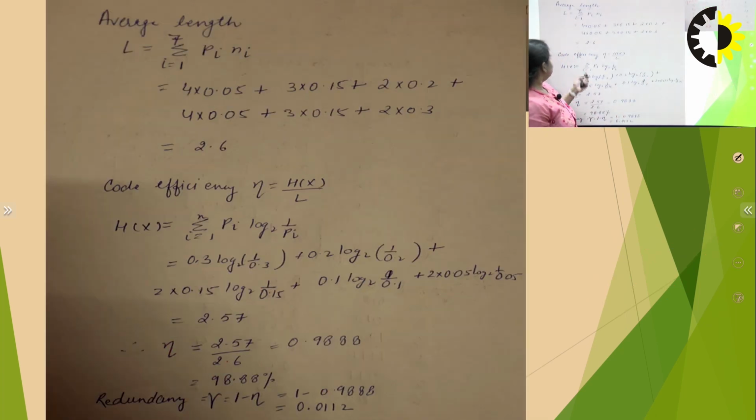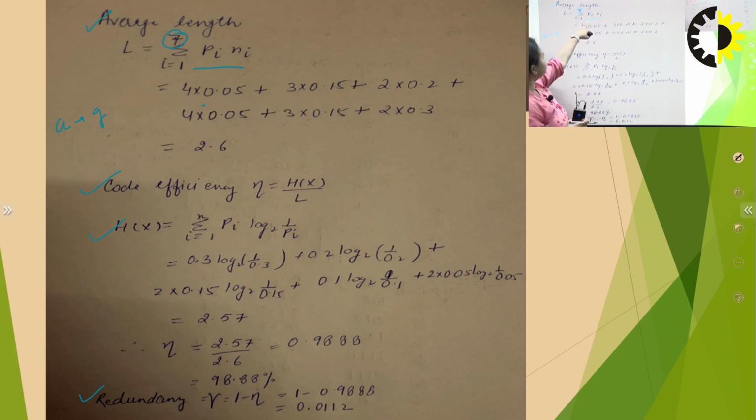Then in this Huffman coding, you will be asked to find average length, code efficiency, entropy, and redundancy. These 4 things they may ask, or they may ask only 2 things, but you remember all the 4 things. So I have covered 4 things. So first is average length. The formula for average length is L is equal to summation i equal to 1 to 7. What is this 7? Since we are using symbols A to G, so it is 7, and that is P_i n_i. So I am basically multiplying the probability with their code length.